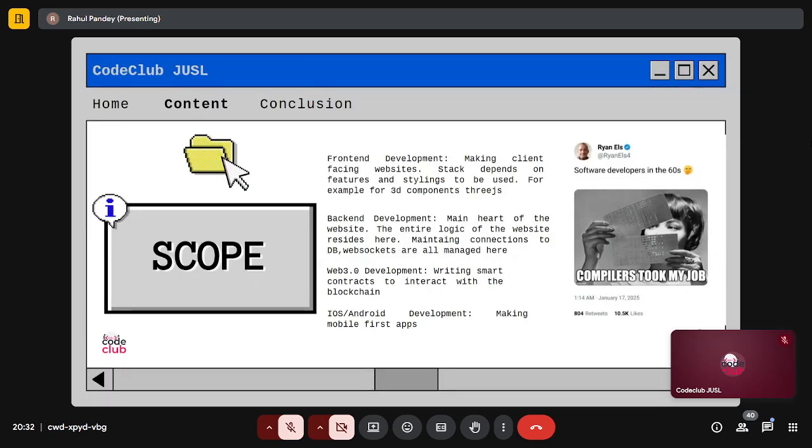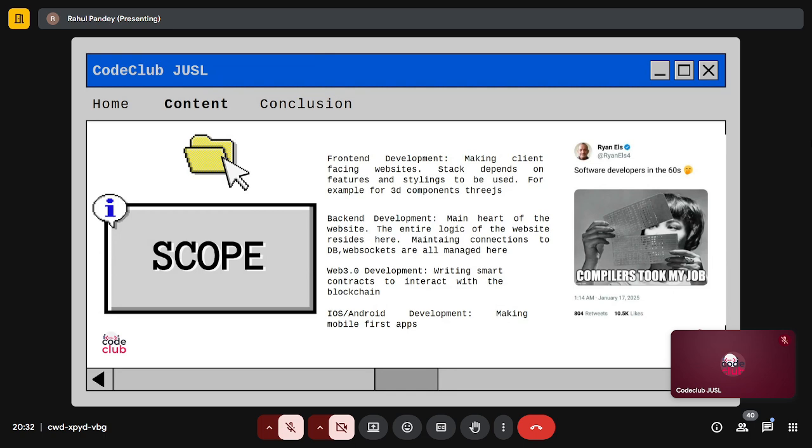And yeah, so now I'm moving on to the scope. So obviously for learning web dev or JavaScript, let's keep it simple. You can do front-end development, as we said. So maybe your client or the company you're working at is trying to make mobile apps or some web apps or something. And so for that, you would be needing JavaScript.